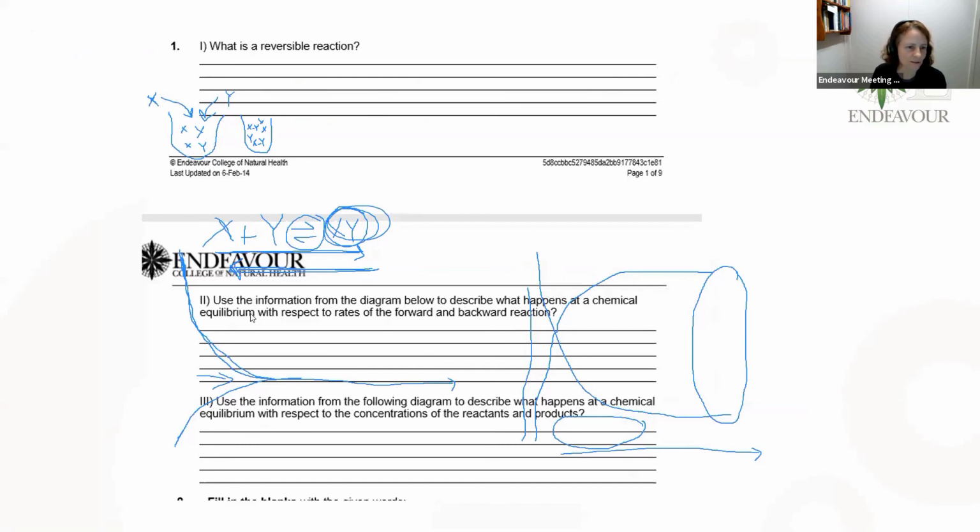So question 2 was, use the information from the diagram below to describe what happens at a chemical equilibrium. We've discussed that. And then use the information from the following diagram to describe what happens at a chemical equilibrium with respect to the concentrations of the reactants and products. So I guess if we look at the reactants and products one, let me find the annotate tool again. I might just change the color since that scribble is going to stick there. So if we do A and B,